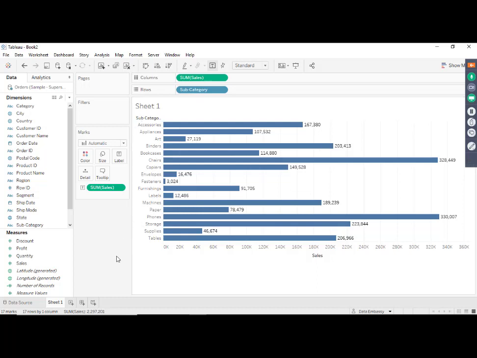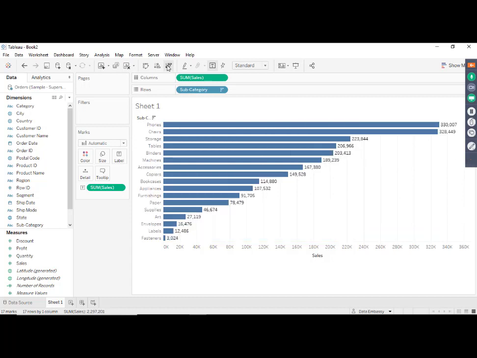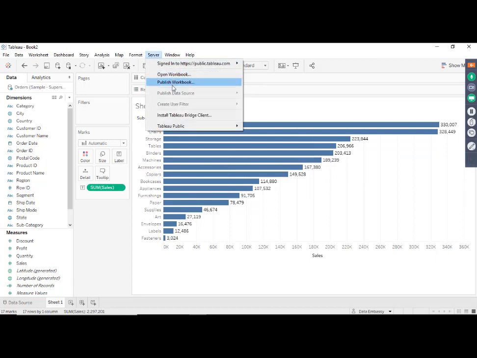By default, we see this is a bar chart, and then we can sort them. So voila, we already created a simple bar chart. This is called a horizontal bar chart from the data. This is very simple, right? We can publish this somewhere. For example, here we can publish this